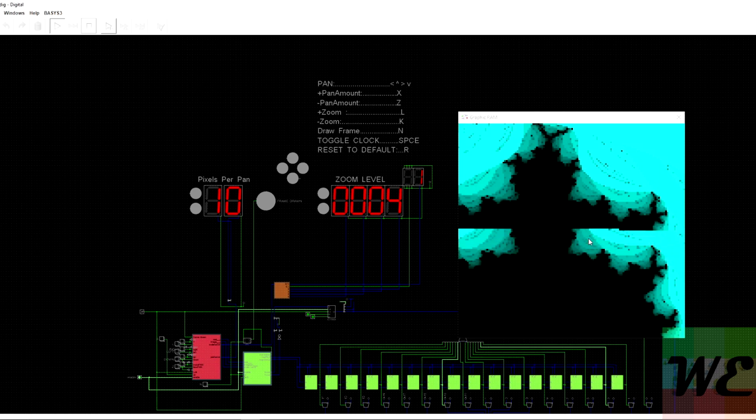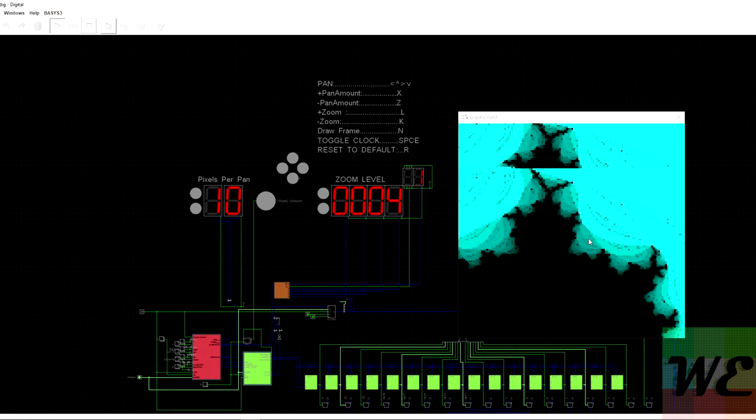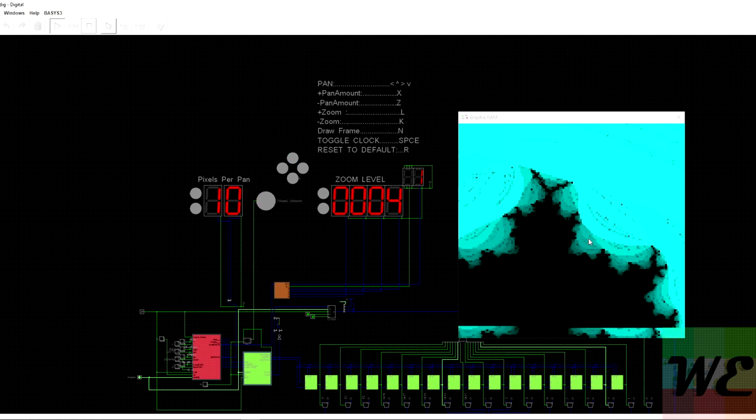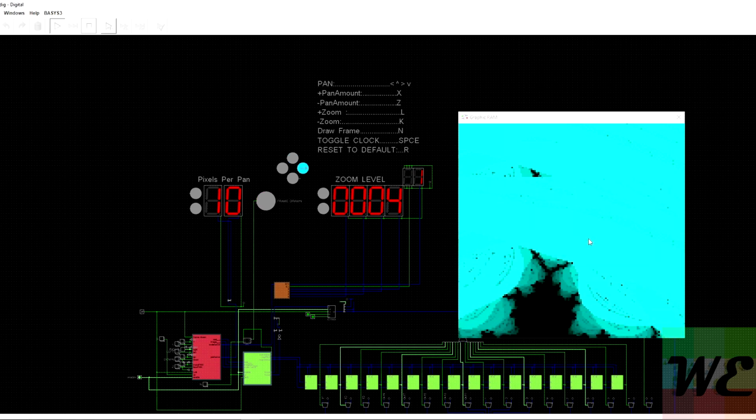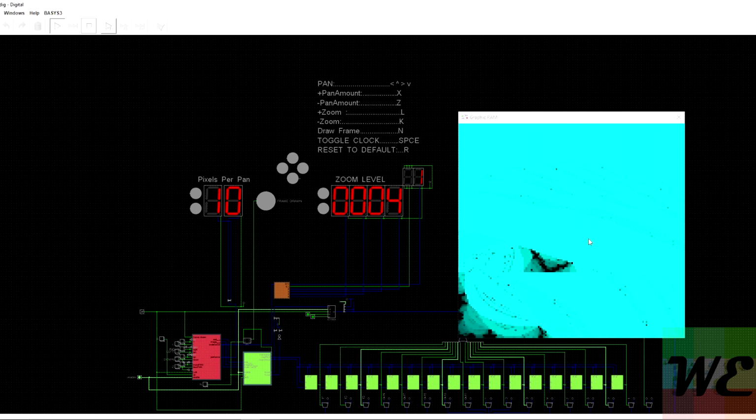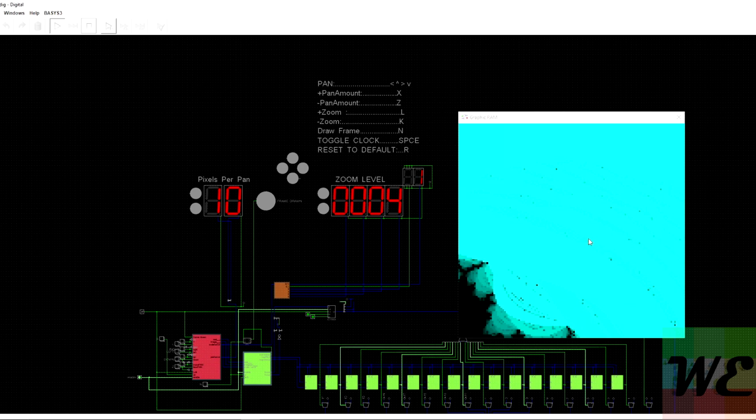Let's look at one of these long shoots coming off. I'll move it to the right a bit. Oh, a little too far. We're going 16 pixels per pan, that's in hex. Okay, we'll go over a little bit more.